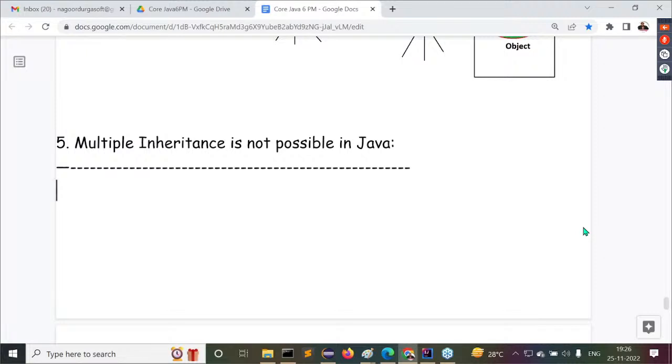Right, sir. Can I discuss this topic tomorrow? Maybe the time may not be sufficient even if I start the introduction part here. Tomorrow we are going to see this total content. Tomorrow's topic is also very, very important. Why multiple inheritance? What is multiple inheritance? And why is multiple inheritance not possible in the case of Java? Those reasons we are going to understand. Don't miss tomorrow's class.